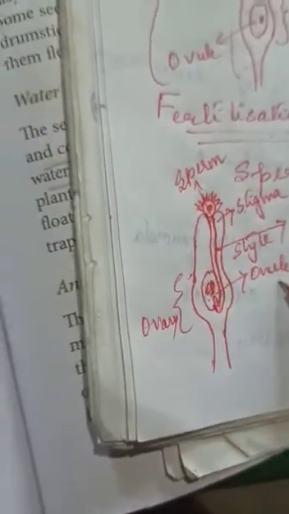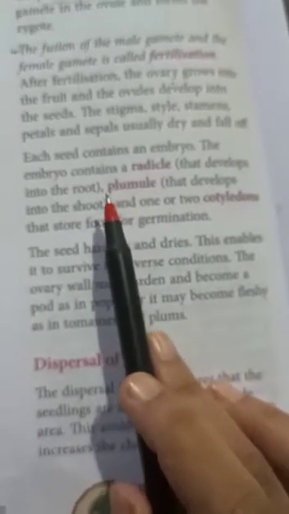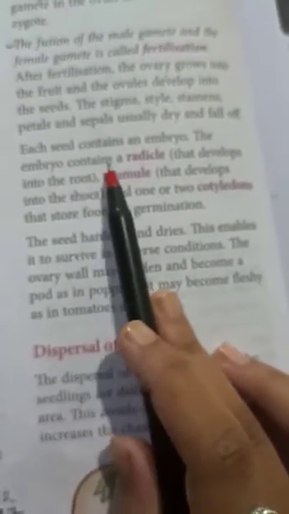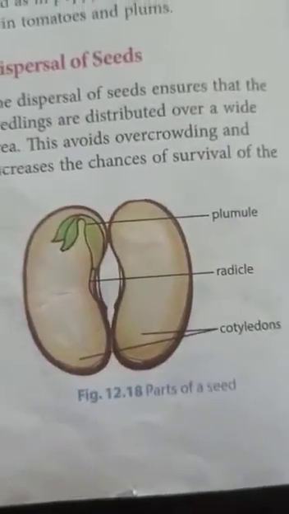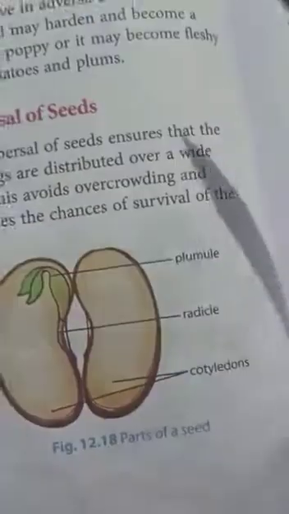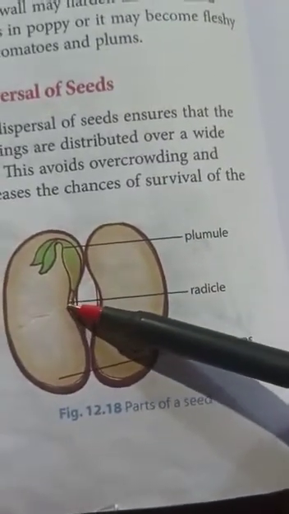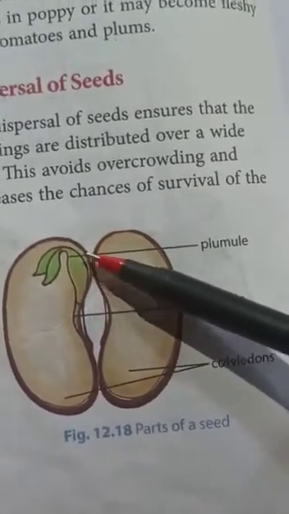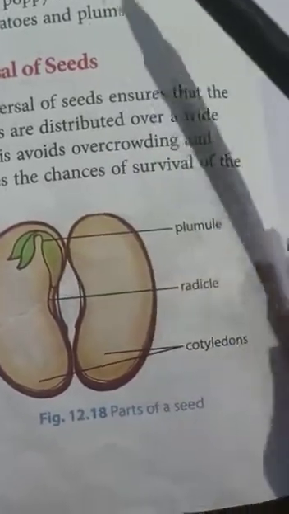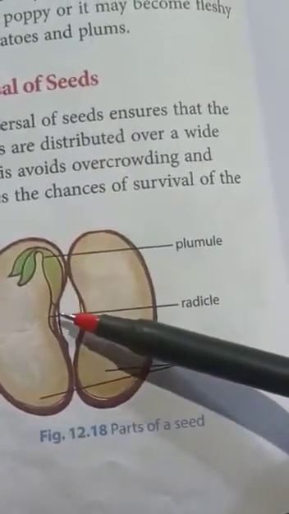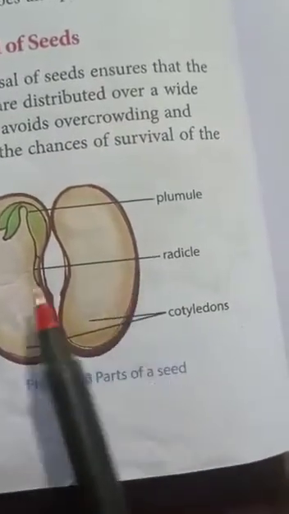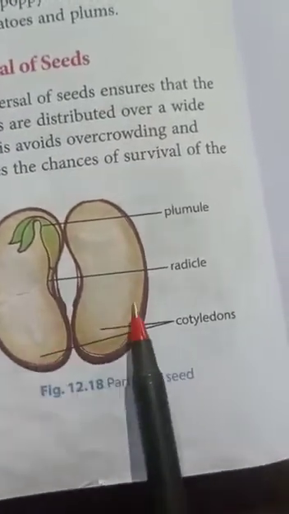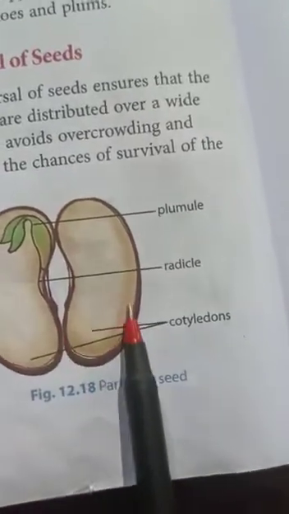Okay, so in case of plants, the ovary grows into this part. This ovary part grows into the fruit, and the ovule becomes the seed. Now the seed has some parts. The seed contains an embryo inside, and inside the embryo there is the radicle. This part is called the radicle, from where the root of the plant develops. Next we have the plumule. The plumule develops into the stem and leaves. This is the main function of the plumule. It is present inside the seed. Then we have one or two cotyledons. Cotyledons, what do they do? They store food for the germination of the seed.